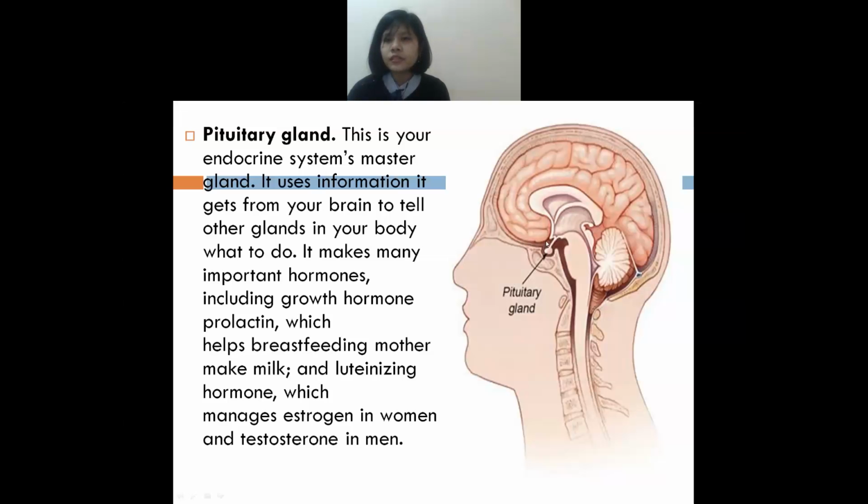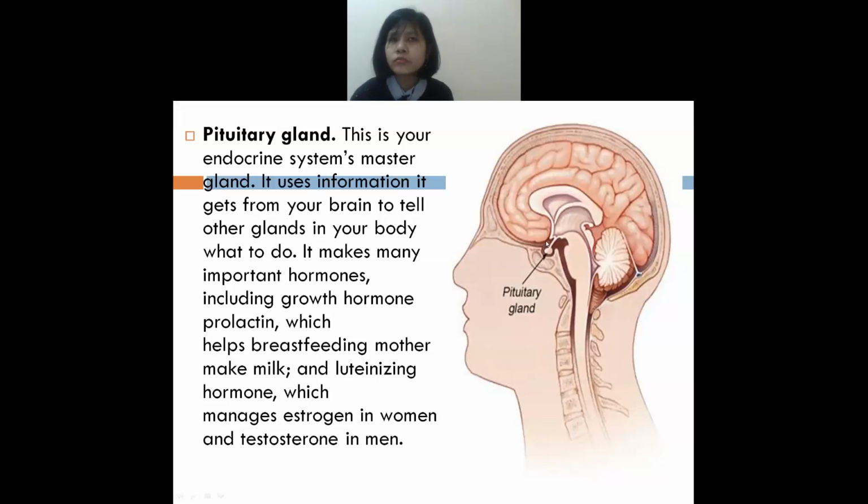They control all the glands. That's why it is known as the master gland. And what does it do? This pituitary gland passes information to the other glands. Understand? Other glands we will discuss later, but for now you just know that the pituitary gland goes and